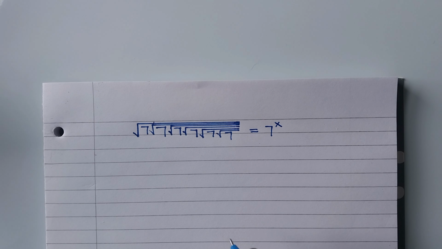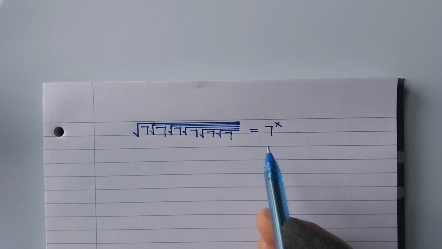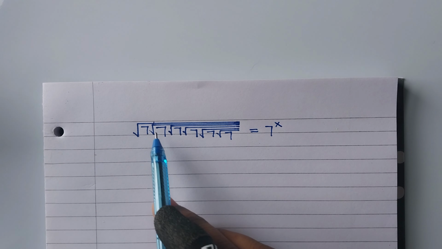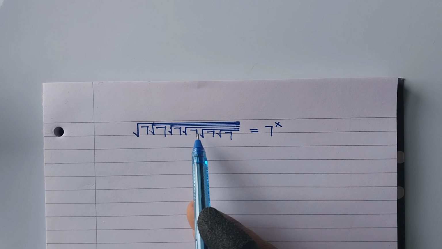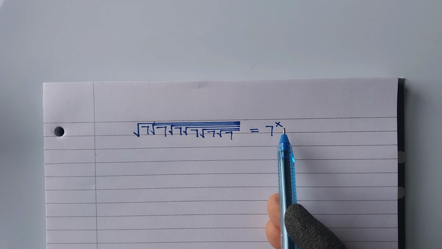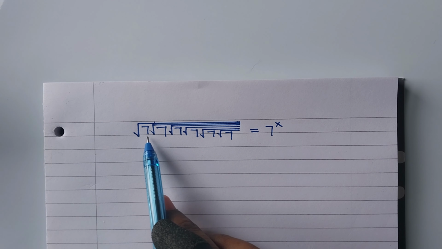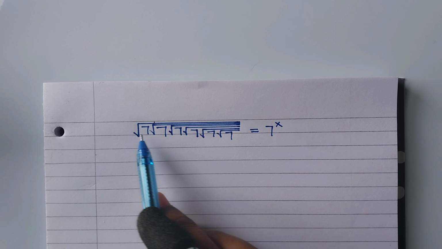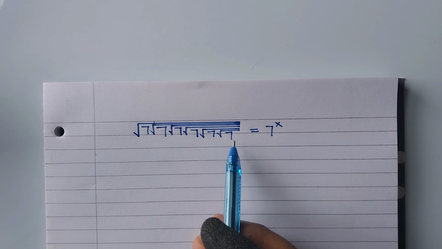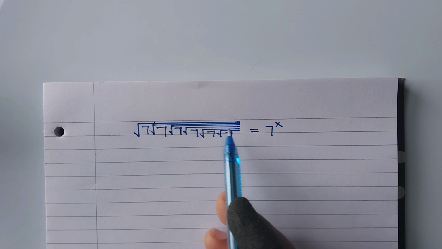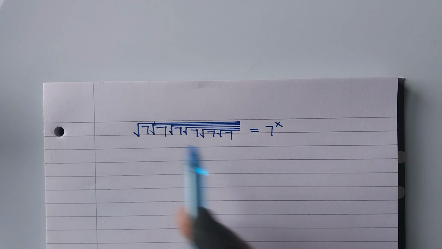Hello guys, in today's video we are going to solve for x given that the square root of 7 root 7 root 7 root 7 root 7 root 7 is equal to 7 raised to power x. There are 7s in 6 places under this radical here. What we need to do is to gradually walk up from the innermost radical up until we get to the